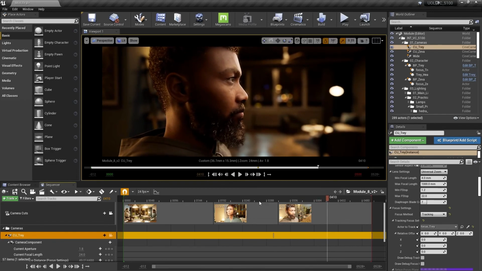So there you have it. Now you've got a basic idea of how to use the sequencer, how to add movement to your shots. I'm going to show you on the next module how to do that with a couple more of the built-in in-engine options that we have to